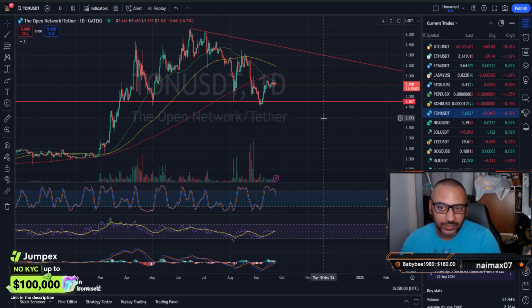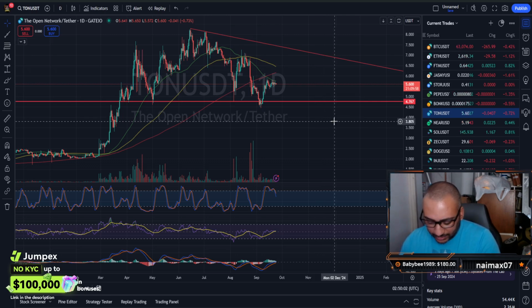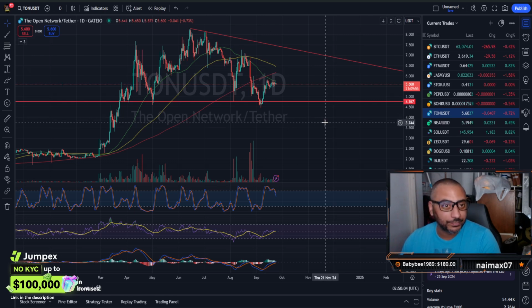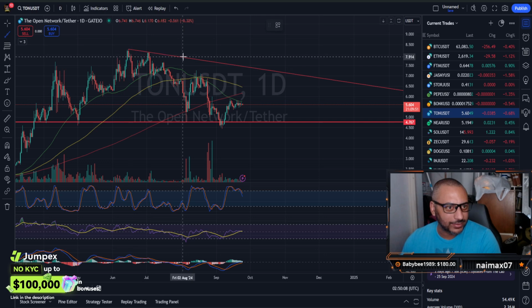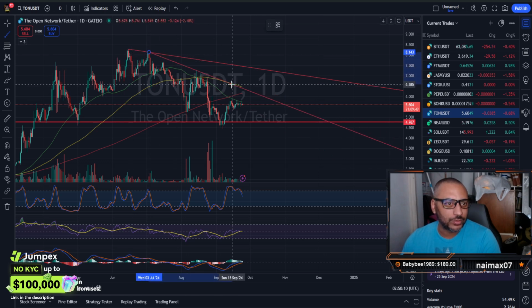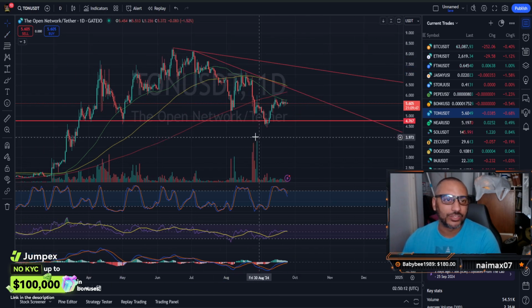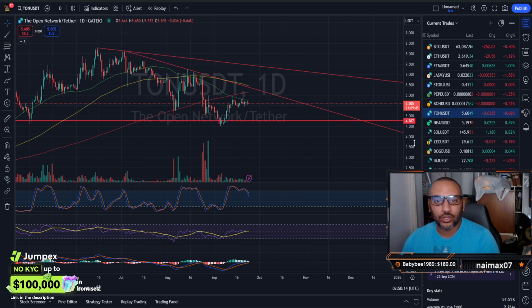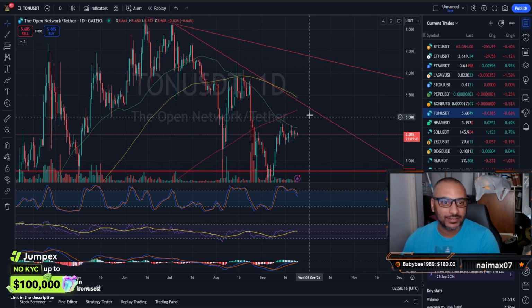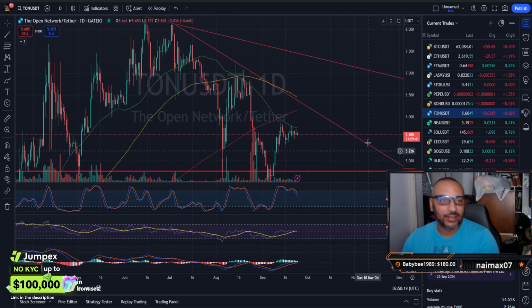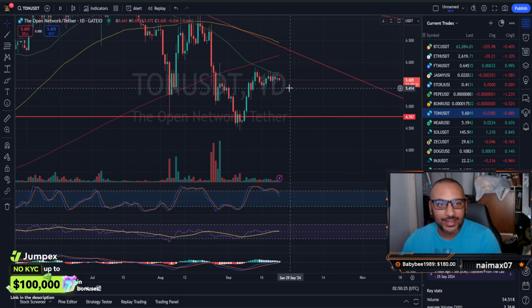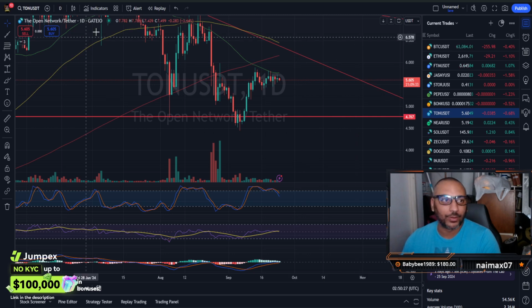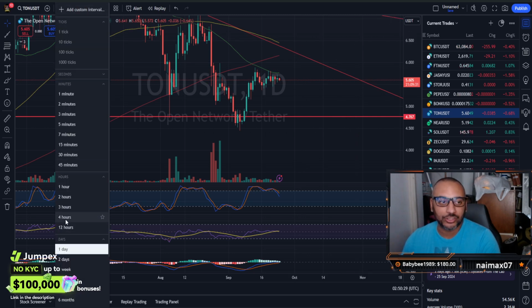We did have the death cross, which, yeah, that's something that's not great, but we are just consolidating right at our 50 simple moving average on the daily. That is very, very interesting because I do believe it could lead to higher prices, surprisingly. Anyways, we have two demand lines here that we do have to keep in mind. So what could very well happen, we could test this demand line up here and then come right back down. Looking at your relative strength, you are sitting in neutral territory. Your stochastic is coming down while you're trading sideways. This is extremely bullish to see.